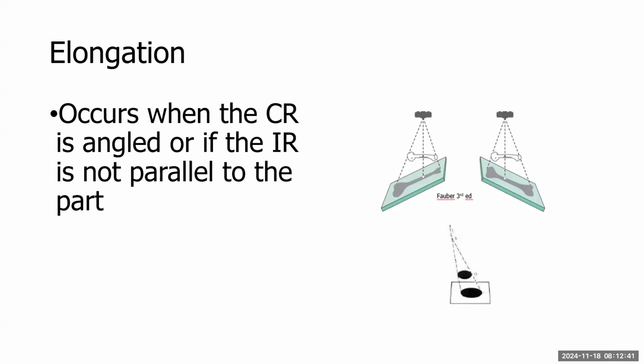So elongation occurs when the central ray is angled or if the IR is not parallel to the part. So in the upper picture here, we see that the IR is not parallel to the part anymore. In the bottom picture there, we see that the central ray is angled. So we can get elongation either of those ways, with either angling the tube against the part, either direction, or